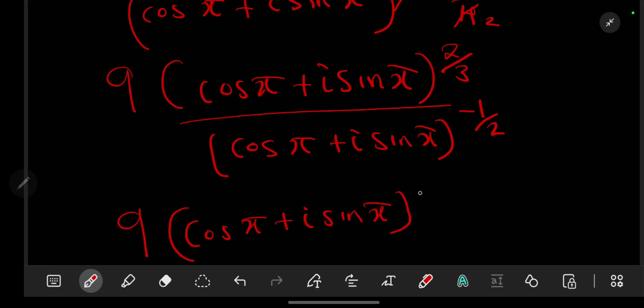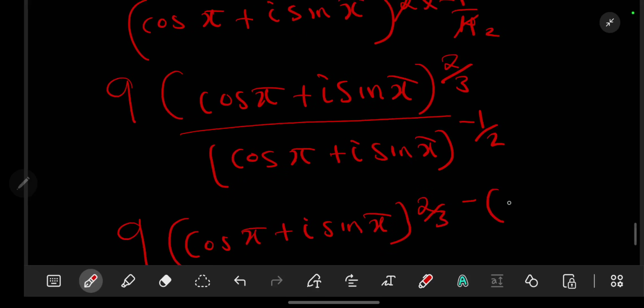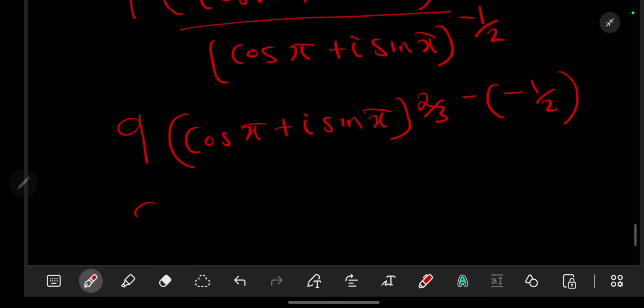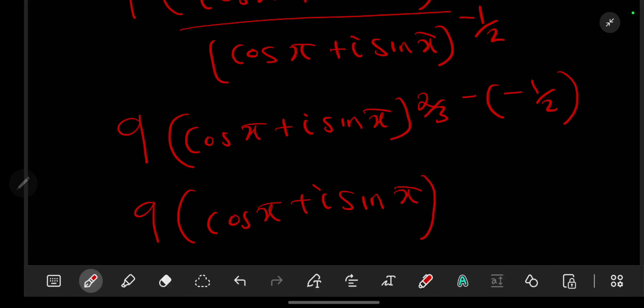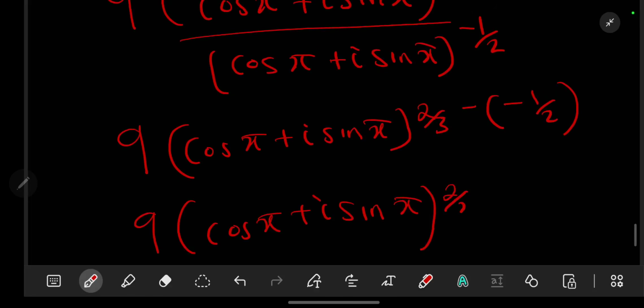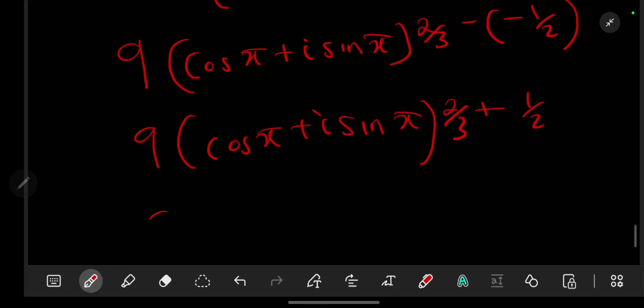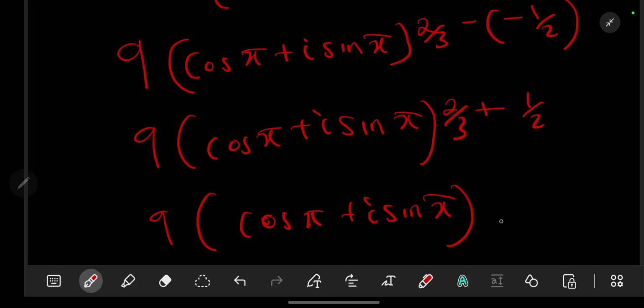Then this will be to the power of 2 over 3 like that. Then we have minus our negative 1 over 2, since we are dividing, it will be minus. So it will be 9 cos of pi, plus our i sine of pi to the power of 2 over 3. Then it will be plus 1 over 2. So it will be 9 cos of pi like that, plus our i sine of our pi to the power